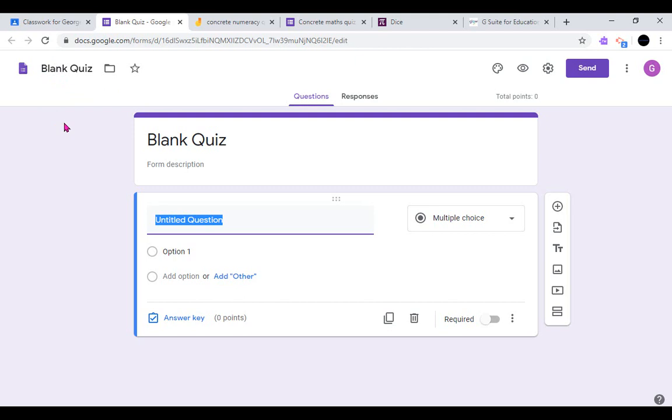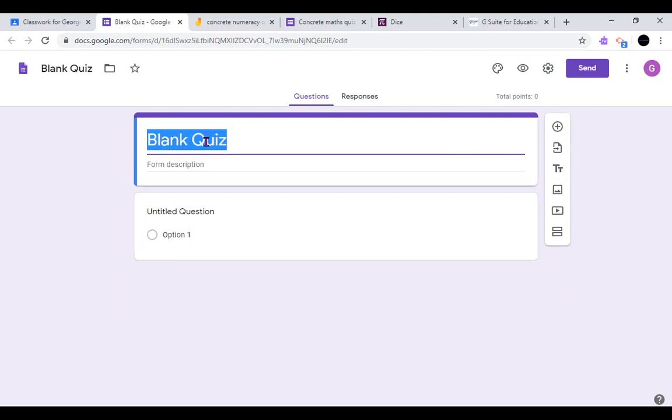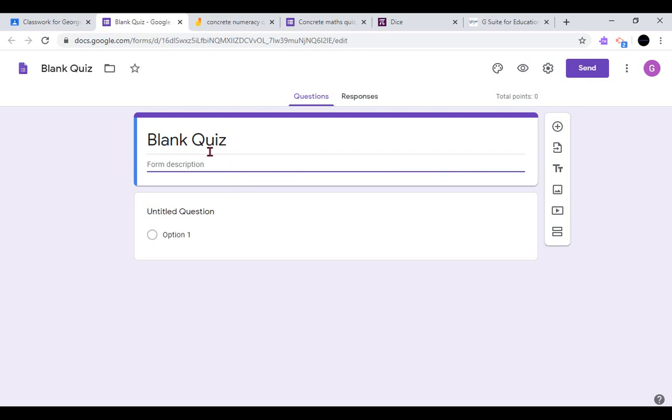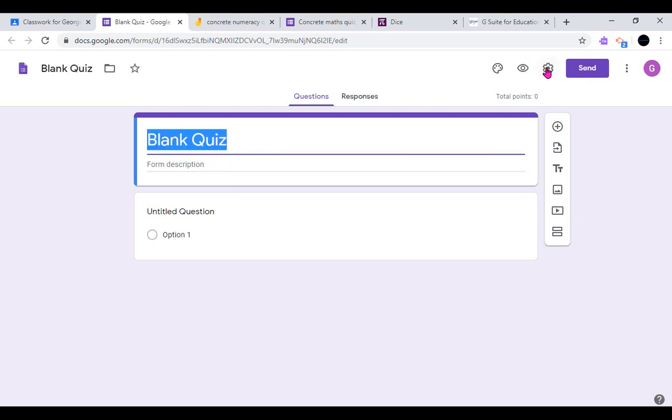A form allows you to gather information from users, so it's great for evaluations, perhaps doing a wee check-up at the end of learning and seeing what learners thought, but a quiz lets you mark it and provide feedback, so that's an important differentiation. If at any point you realise that you've built a form but you wanted it to be a quiz and it's not letting you have the option for assessment, if you go up to the settings